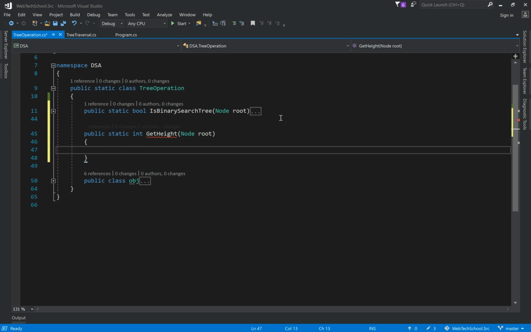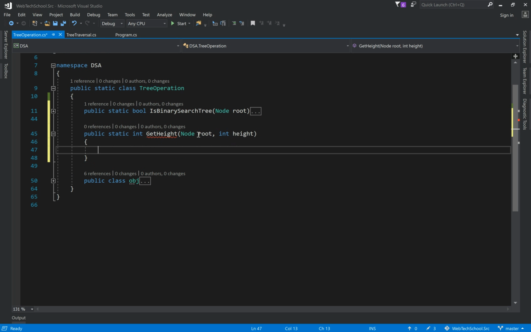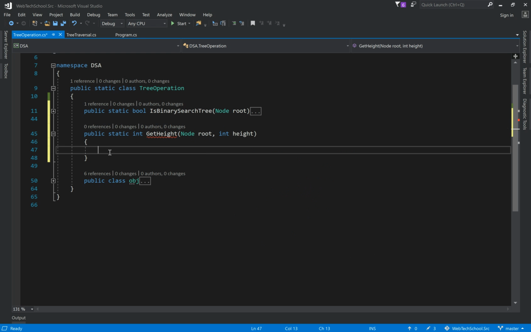Our objective is to find the left height and the right height using recursion. I'll pass an integer variable here called int height. In case the root is null, that means there is no element in the tree, so we should send back the height of the tree as 0. Let's write our base condition first.